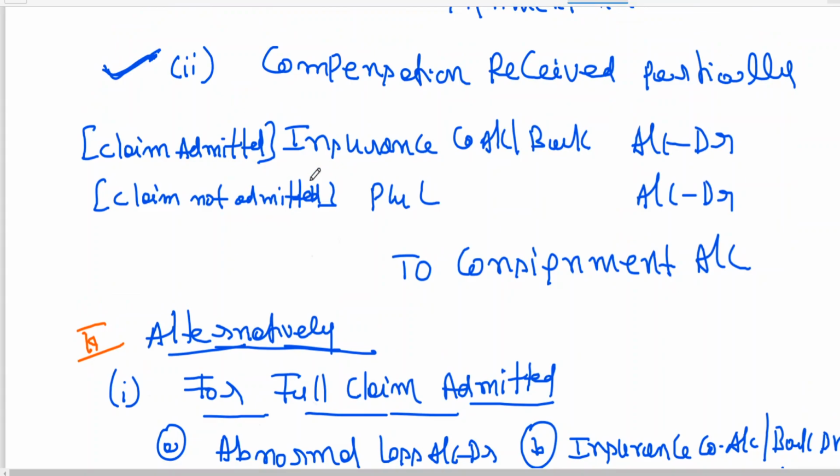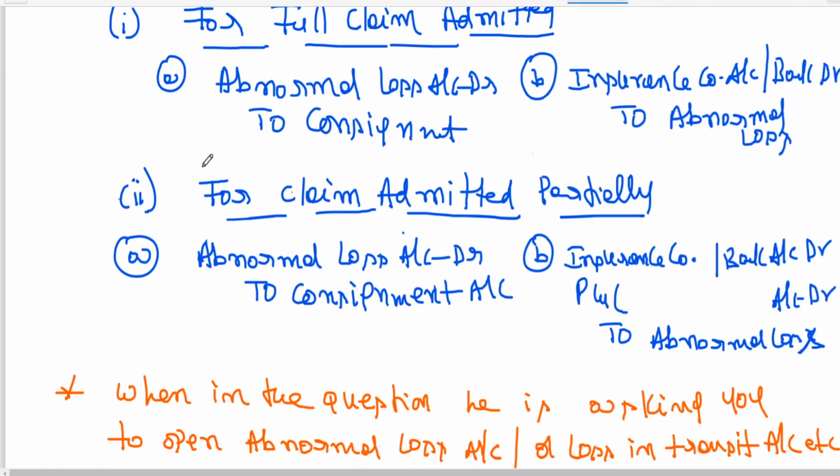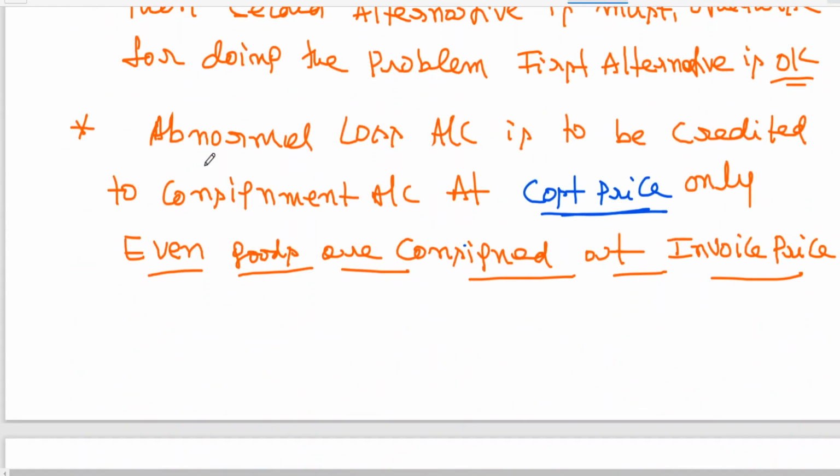So in the entries part I have given you the abnormal loss treatment as well as loading effect. Now finally we can go for ascertainment of profit or loss. Clear to all of you? Now two things here we will be discussing later on: how to value abnormal loss, and please remember, we will be learning later.